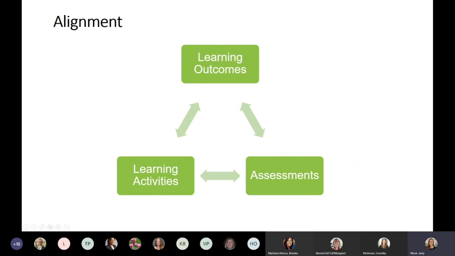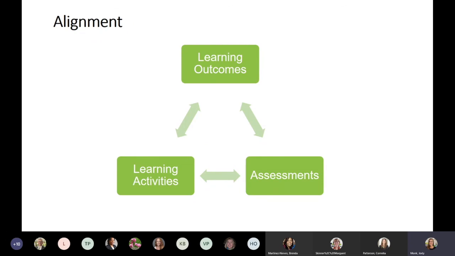So we're going to talk briefly about alignment, and alignment can mean a lot of things, right? There's alignment between our course goals and maybe our programmatic goals. There's alignment between likely programs and then hiring accreditation bodies. But for the purpose of this presentation, we're going to talk about alignment as it relates to our course. So this is just zooming in and looking at our course, and specifically, this can be for the course as a whole, but also in the module level, you want alignment.